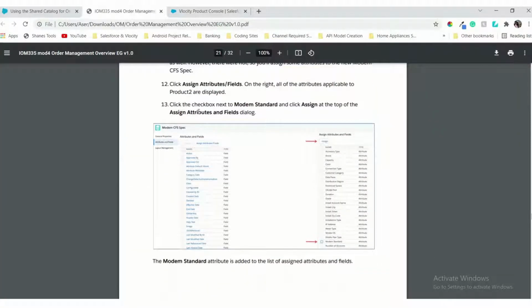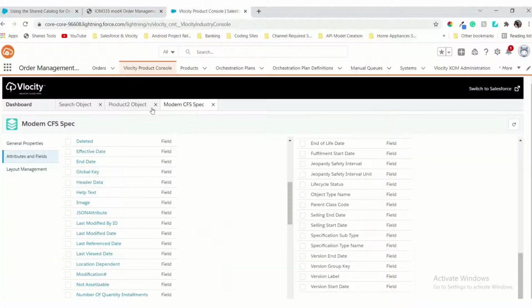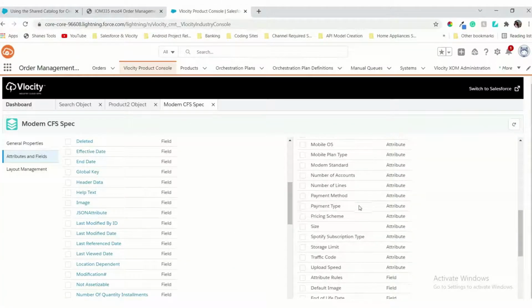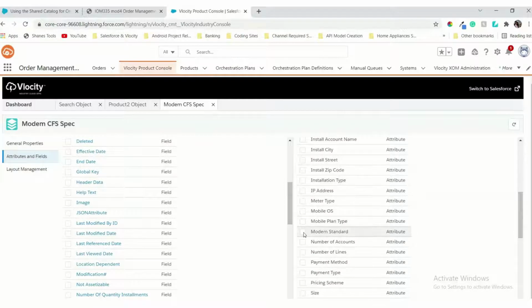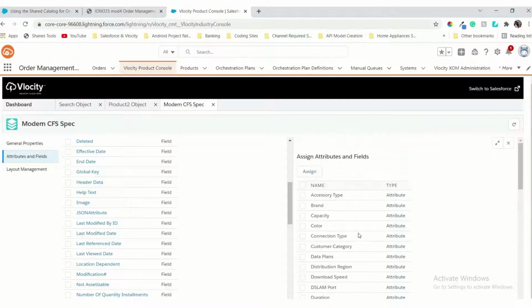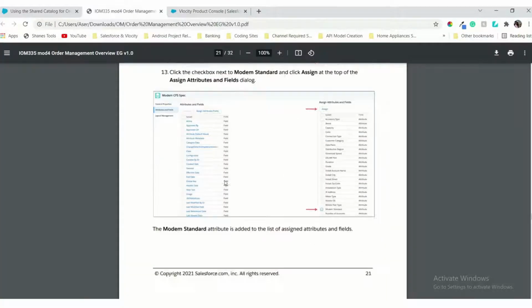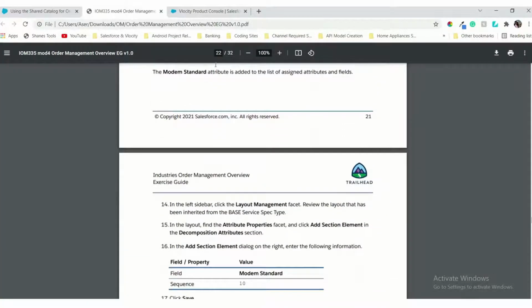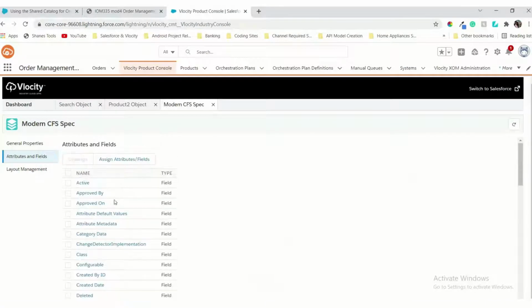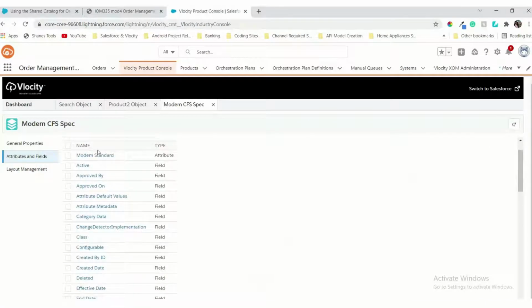Okay, now they are saying to check the checkbox for modem standard, whatever we need. Just before that we created a modem standard, right? So just check this, yeah, this is there, and then click assign. It's assigned. Now we can check here. Yeah, this is assigned, right?